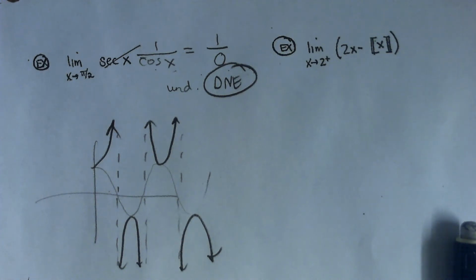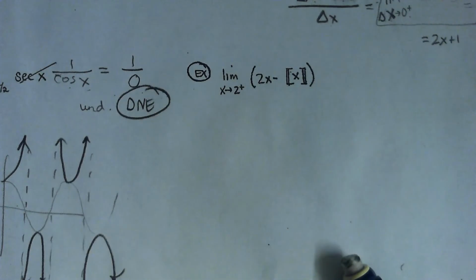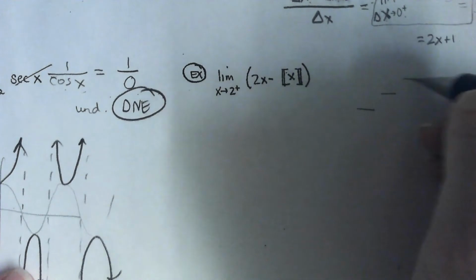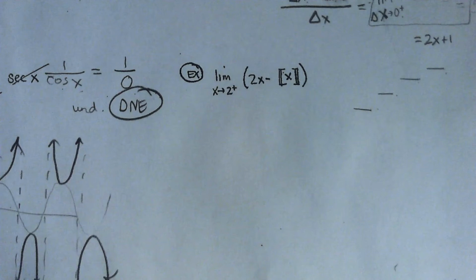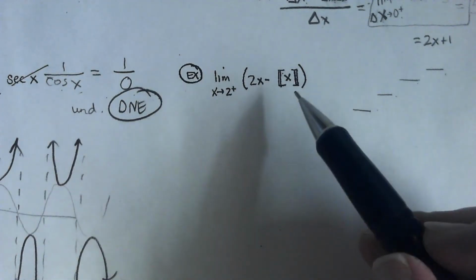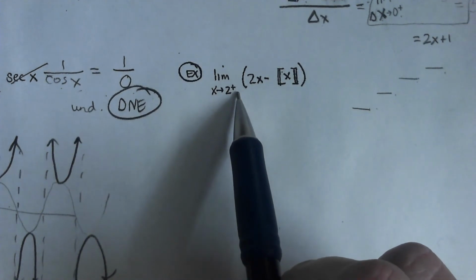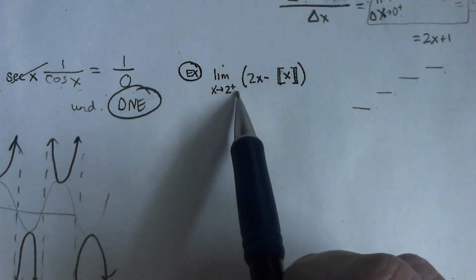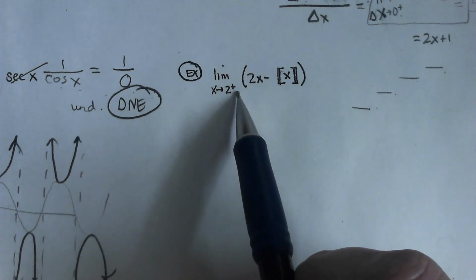And then one more, we have a step function here, that notation. And step functions change from step to step at different, usually integers, although they could write it so it didn't. So you just want to kind of wrap your head around what's happening surrounding 2. Okay? And 2 is likely going to be the end of a step, which is why they're asking for it coming from a certain direction. Do we follow that? So just look at what happens to the right of 2. Like if you plugged in 2.1,